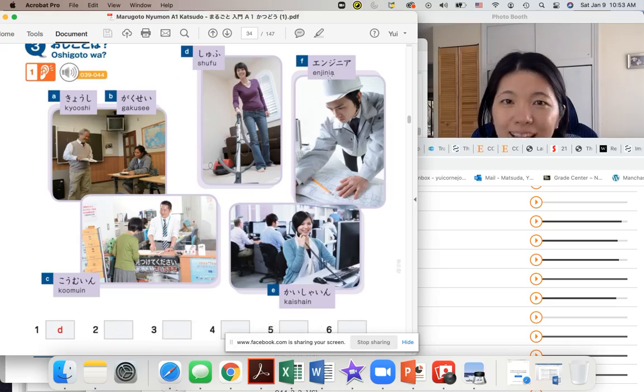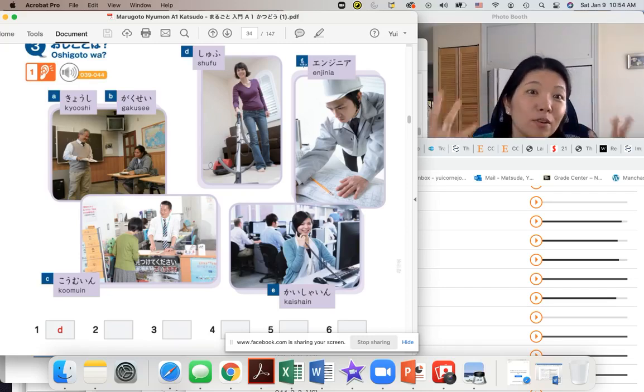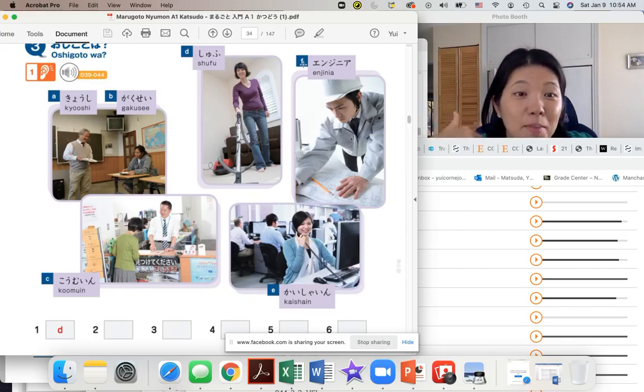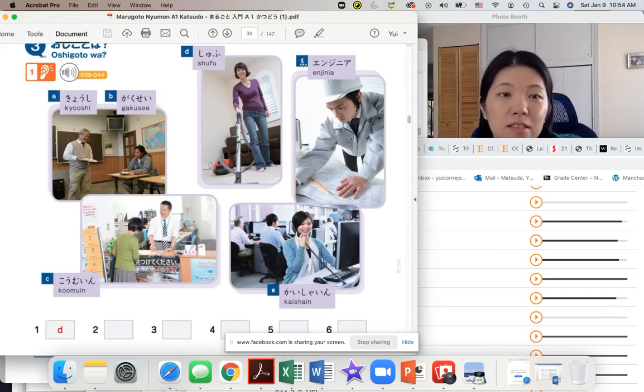And this gentleman said エンジニアです。I'm an engineer. 私はエンジニアです is long and formal, but because he's asking me a question, you don't have to say I, like Spanish, you don't have to say the subject. So 私はエンジニアです。For short, エンジニアです。